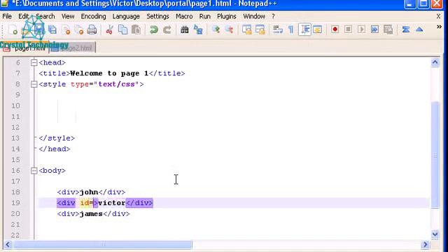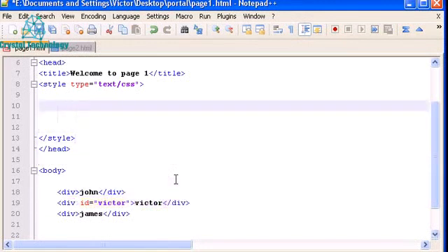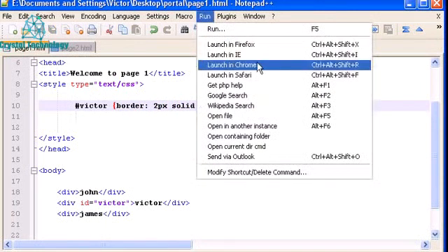So let's give it an ID name of Victor as well. So now we have to type ID Victor, curly braces, and let's give it a border of 2 pixel solid black, or let's give it a blue color. Save this, run this in Chrome,